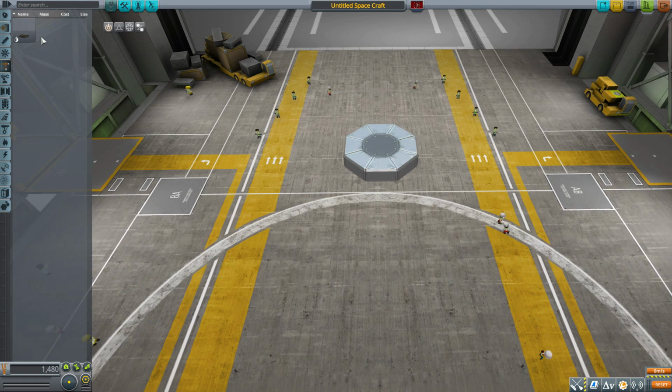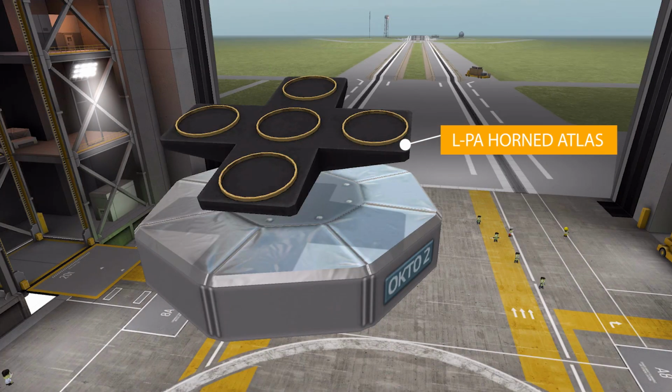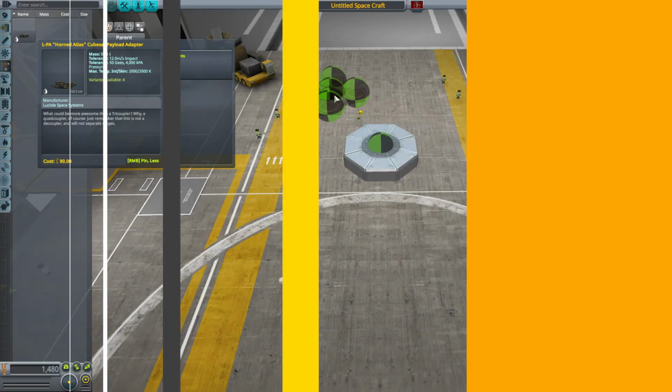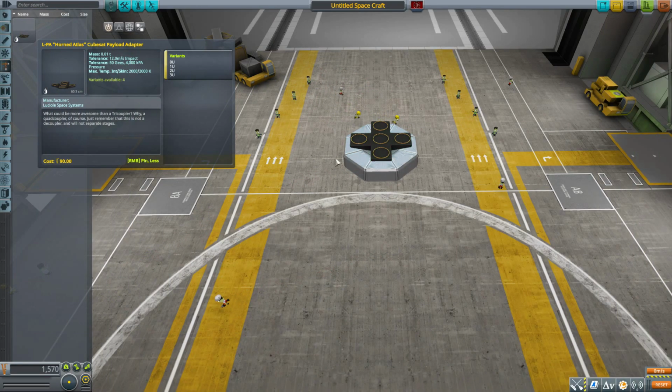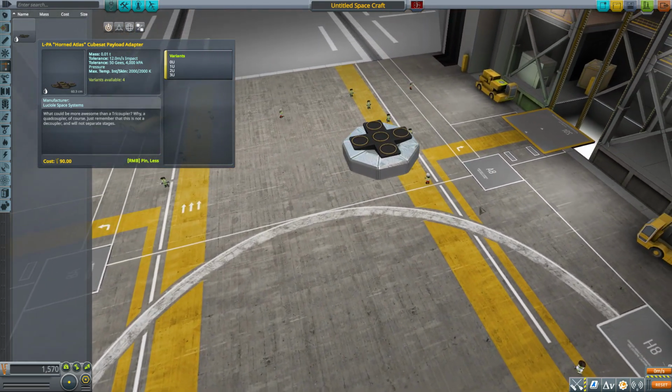I really do like those command pods. And this is the LPA Horned Atlas Cubesat Payload Adapter. So you can hold a lot of Cubesats for your launches. And if we pop this baby on here, this is the standard configuration, so we can fit 5 of the